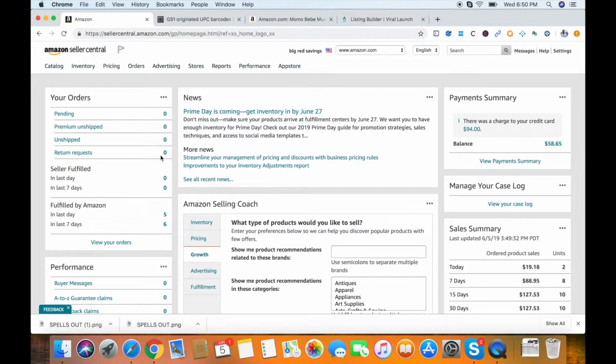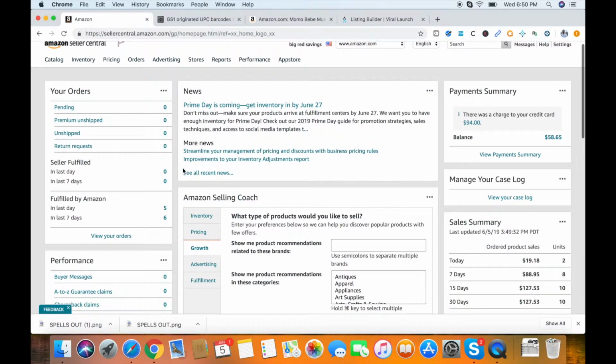So we're here on Amazon Seller Central. After you sign up with Amazon Seller Central, you're gonna come to this page when you first sign in, right? Right here on this side, you have your payment summary. This is one of my accounts. It doesn't have much movement, so it's just like an example account. I have a couple of test products here,